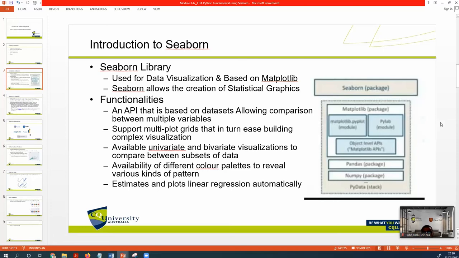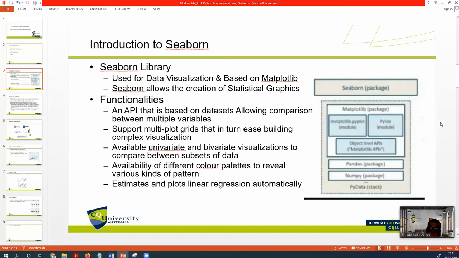Seaborn also supports multi-plot grids, which in turn build complex visualizations. It can do univariate and bivariate visualization to compare between subsets of data. We also have different color palettes available, more than in Matplotlib, and we can estimate and plot linear regression automatically.